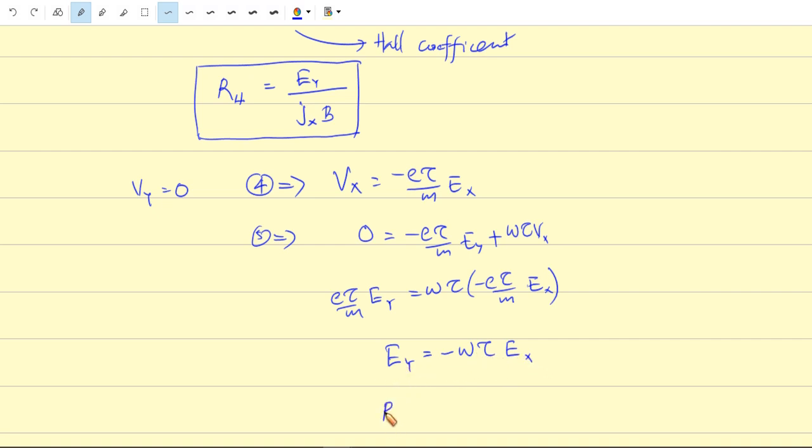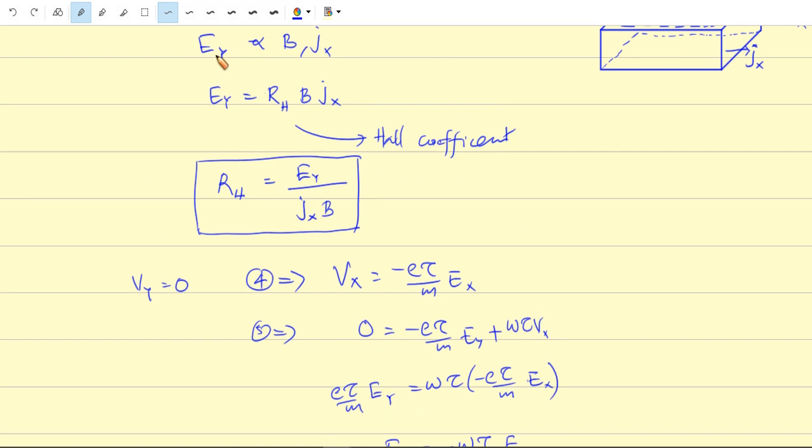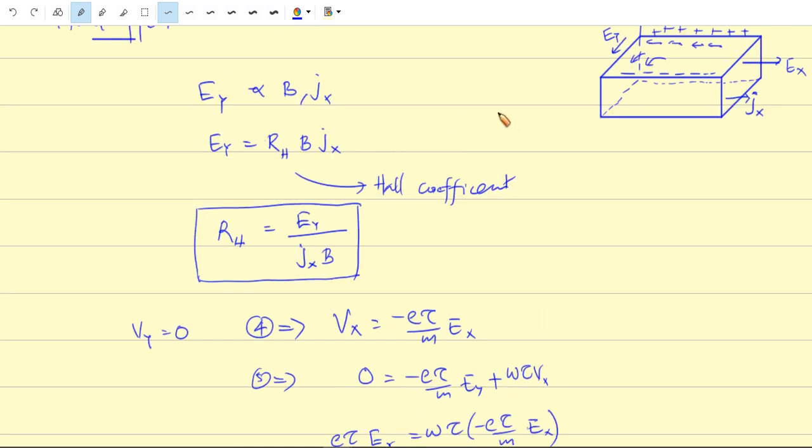Therefore the Hall coefficient, okay, so we have seen this electric field, the Hall field, is expected to be proportional to the magnetic field, because if the magnetic field is 0, the deflection is not there. When deflection is not there, the field will not be created. And the current density Jx, when the electrons are not moving, then also the velocity will be 0, therefore no Lorentz force.